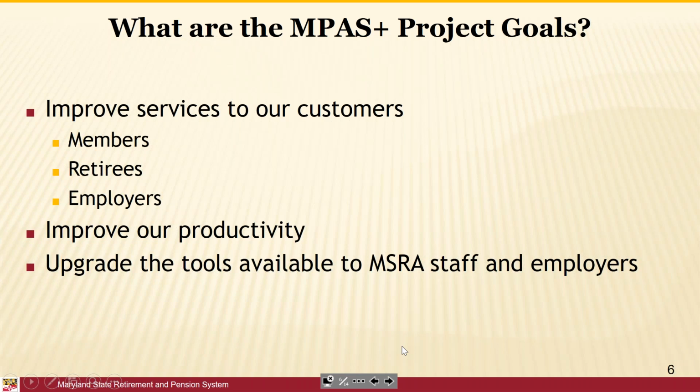We want to improve our productivity. So this is being able to process things faster, more reliably. We want to make sure that we can get things out to our membership as quickly as possible, whether it's refund payments, whether it's estimates of their retirement, anything that we communicate with our members or update our system, we want to improve how we are doing that. We want to upgrade the tools that are available to staff and employers. So some of those tools